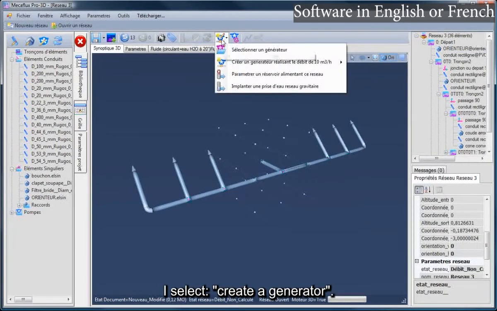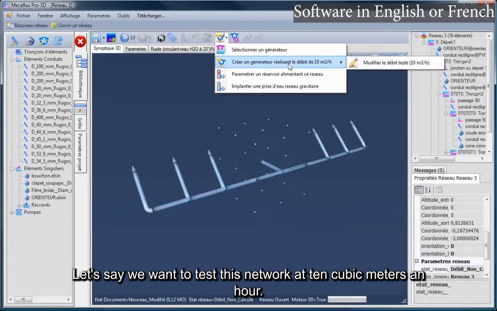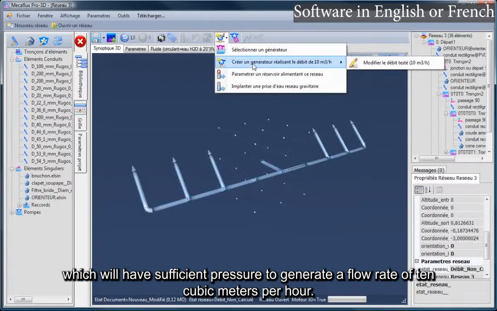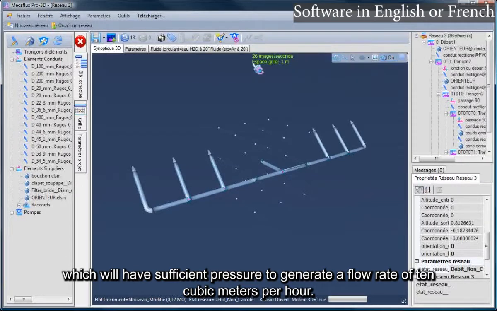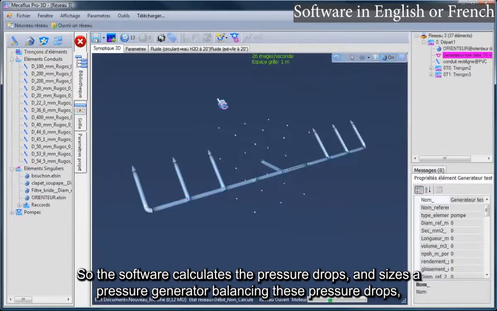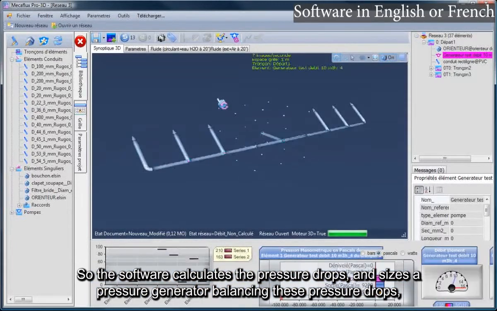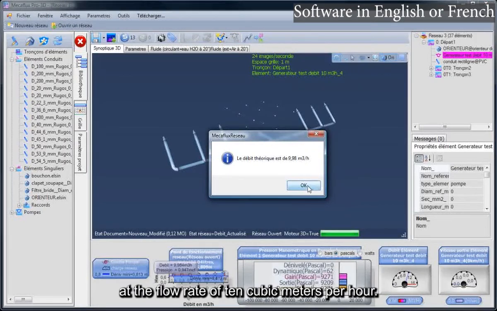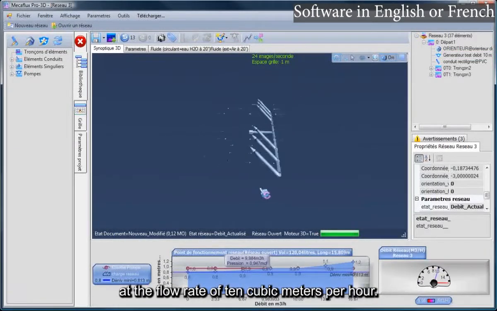I select Create a Generator. Let's say we want to test this network at 10 cubic meters an hour. This function makes it possible to create a generator, which will have sufficient pressure to generate a flow rate of 10 cubic meters per hour. So the software calculates the pressure drops, and sizes a pressure generator balancing these pressure drops at the flow rate of 10 cubic meters per hour.